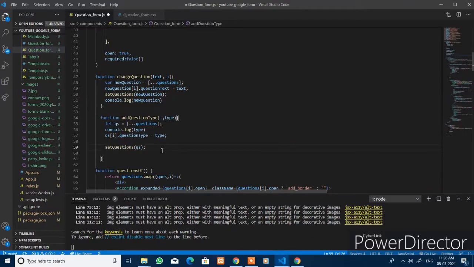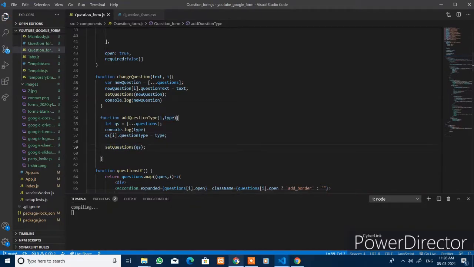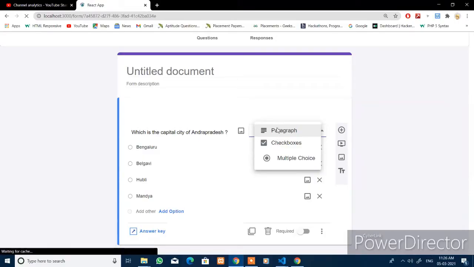First parameter is the index, and the second one is the type, and you declare one more variable QS that takes all the question elements here, meaning the array state of the component. You console.log, that will print in the console what type the user has clicked. With the question with the index I, change the question type to the new type that user has selected, and also update the state of the component here. Now you save the file, open the browser, just click on paragraph,